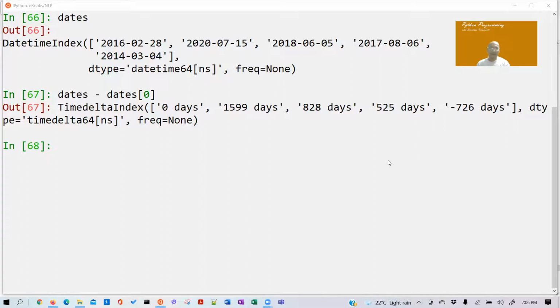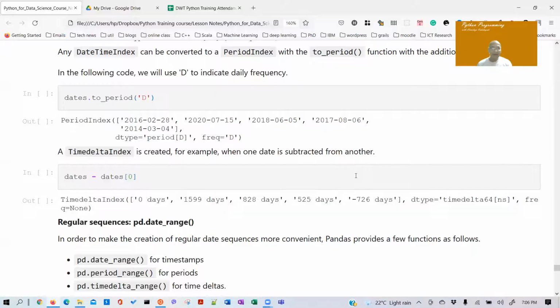So how convenient is that? And then notice here that you get this in a TimedeltaIndex object, right? Okay, so Dixon, is it making sense so far? Dixon. All right, so